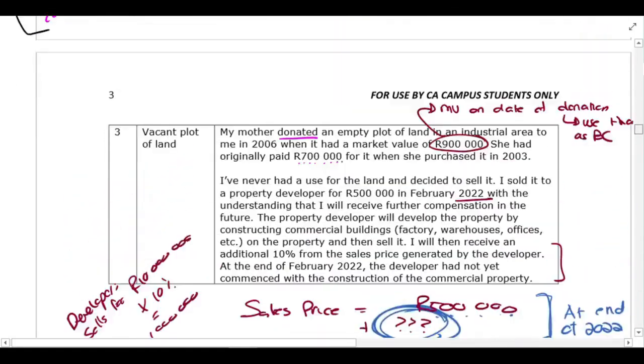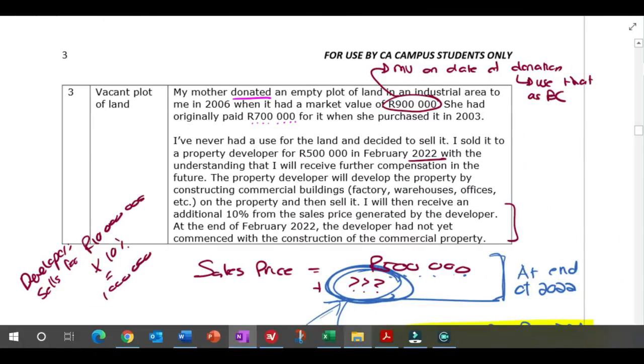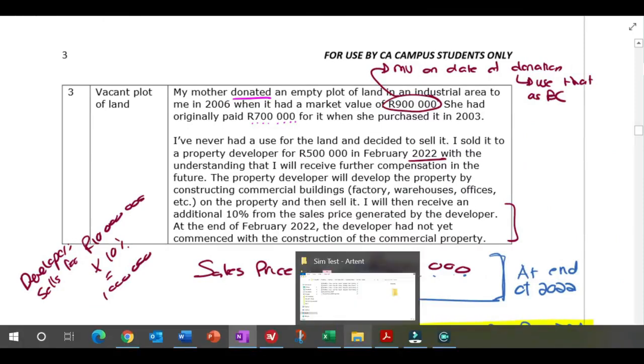If you don't know those rules though, guys, it's straight up, you just have to study the rules. If you don't know them, there's no understanding or anything like that. You either studied that rule or you didn't study that rule.